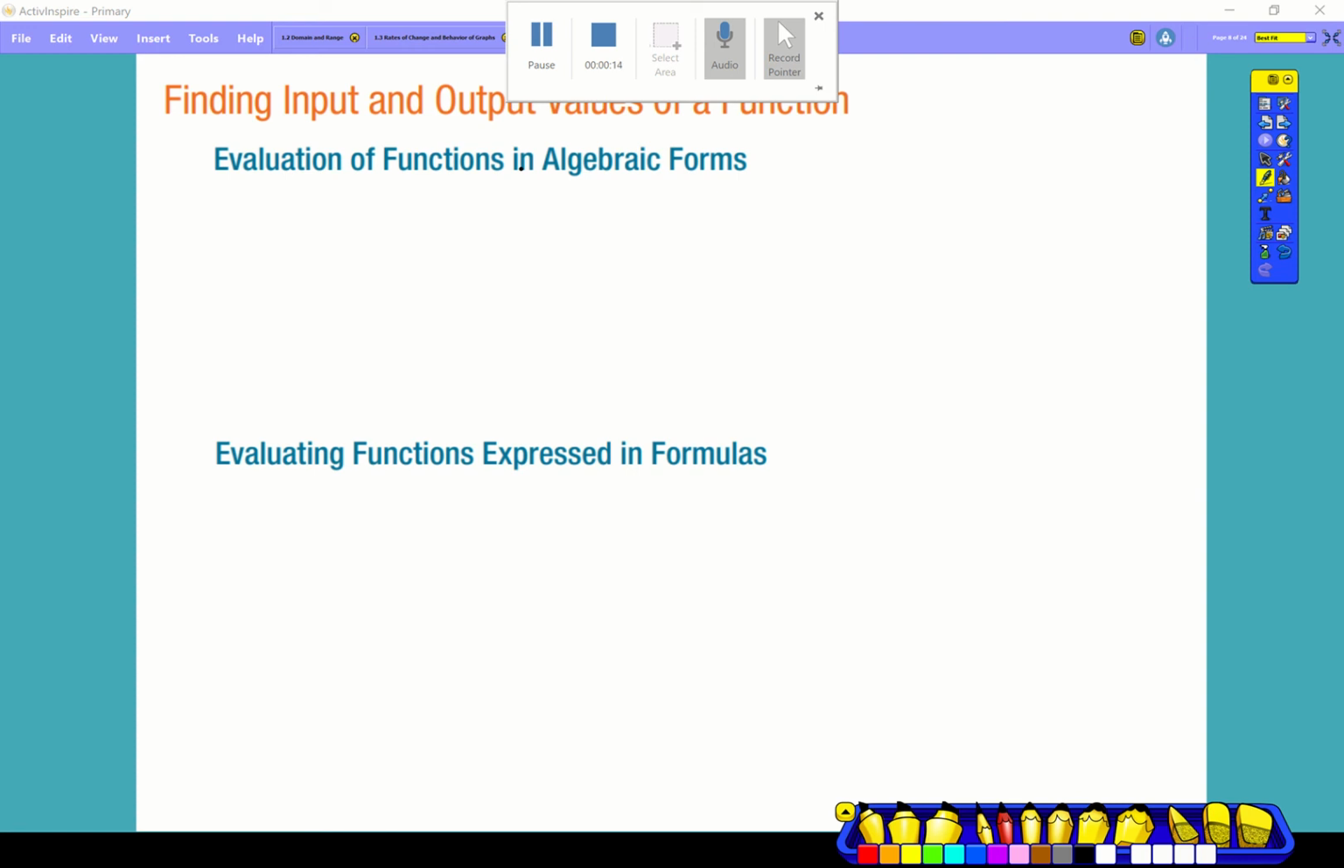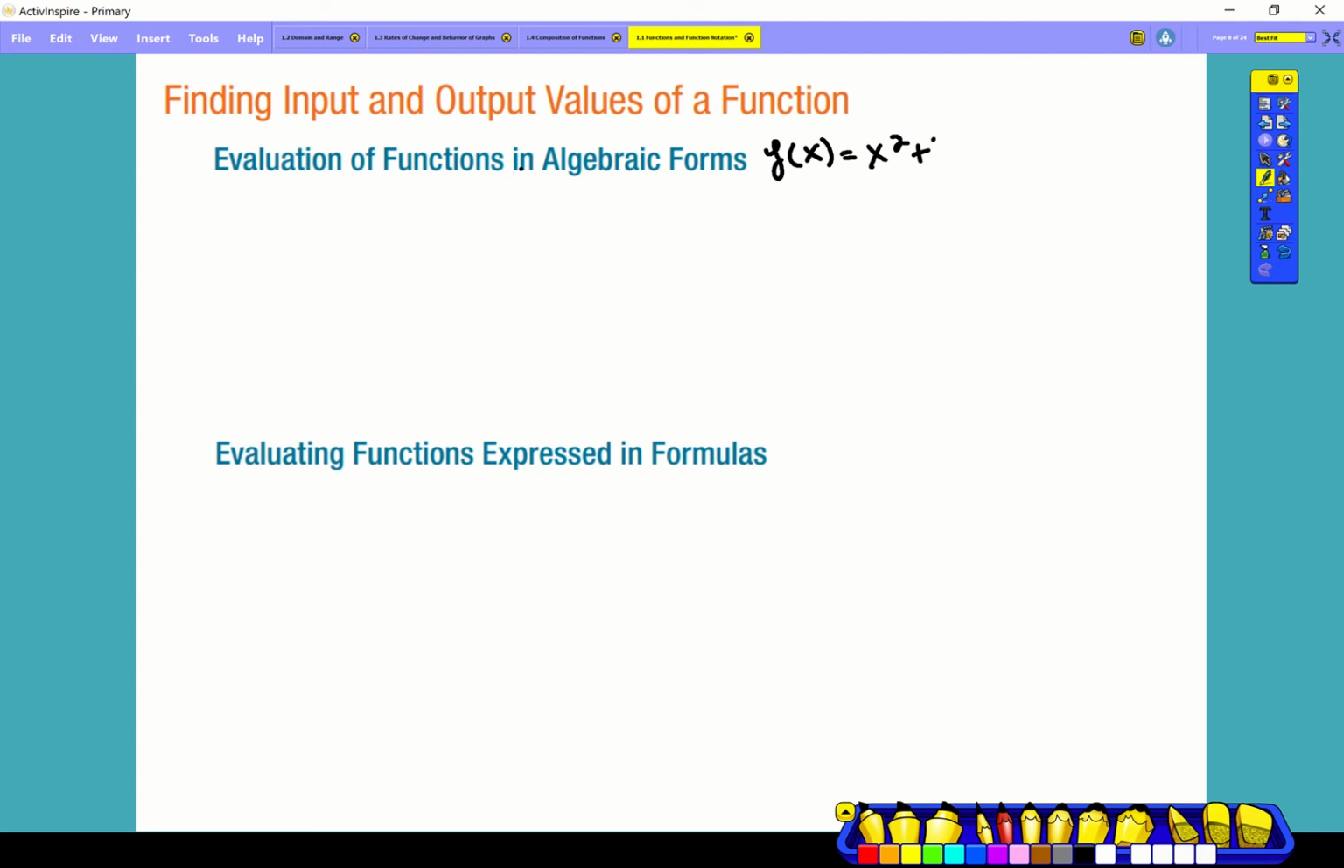Okay, so we're going to get to work. Finding input, grab a pen, finding input and output values of a function. So evaluation of functions in algebraic form. So let's suppose I gave you x squared plus 3. So let's suppose I gave you this function and I want you to find